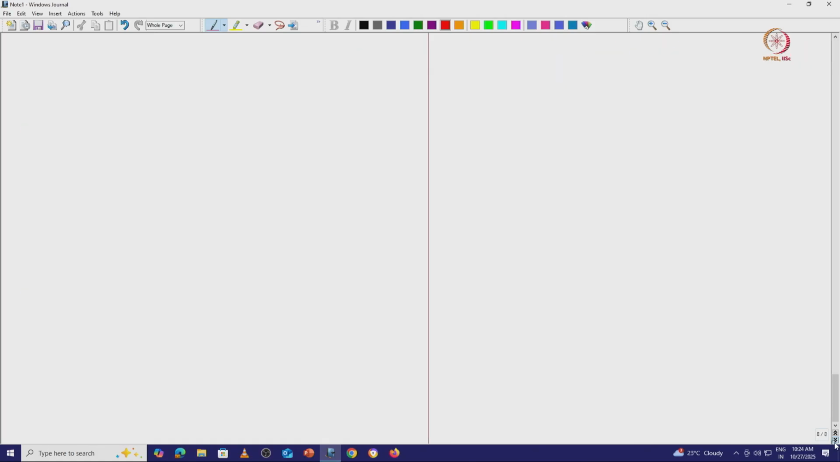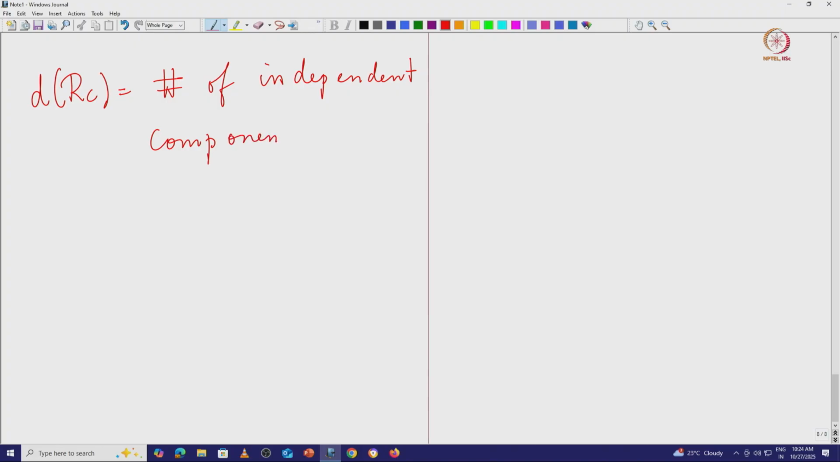Okay. Similarly, I look at D of Ricci, so this is the number of independent components of the Ricci tensor. So the Ricci tensor is symmetric, so the space of all n cross n matrices is of dimension n squared, but the space of symmetric matrices is basically of dimension